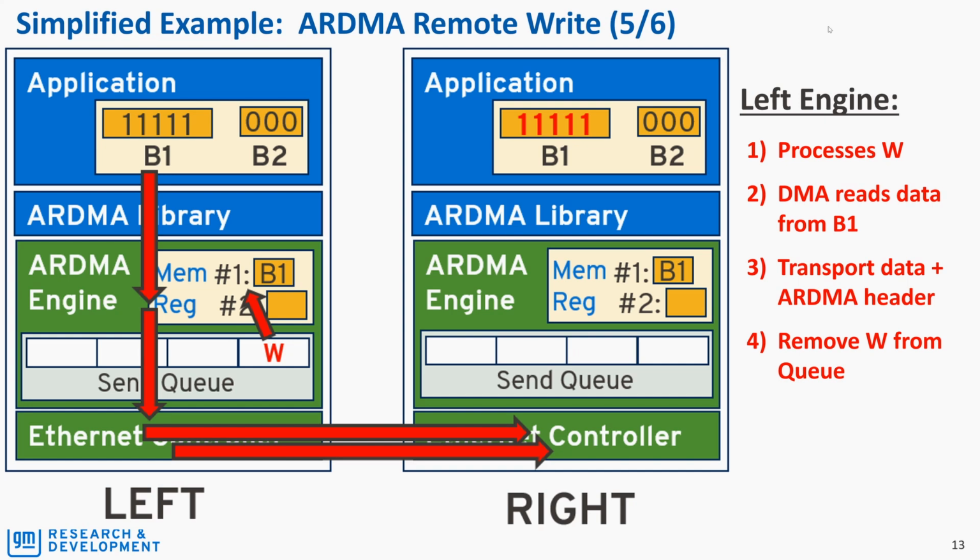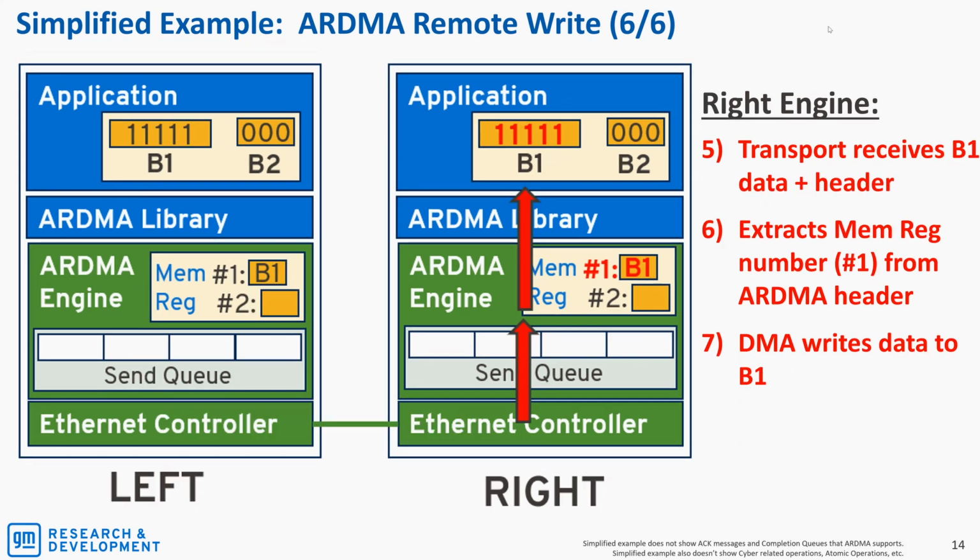Then the protocol engine will run a transfer protocol implemented in hardware that will move the data alongside with an ARDMA header to the ECU on the right side. Since that completes the processing of the work request W on the left-hand side ECU, W will then be removed from the send queue. So on the right side ECU, the transport received B1, or the B1 data, alongside with